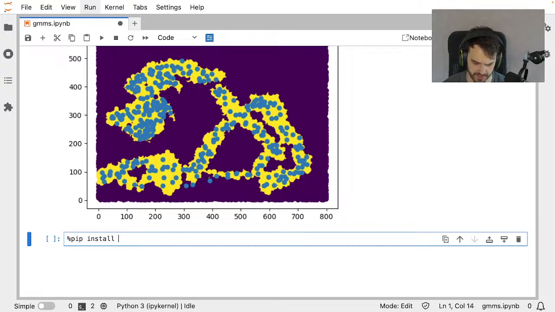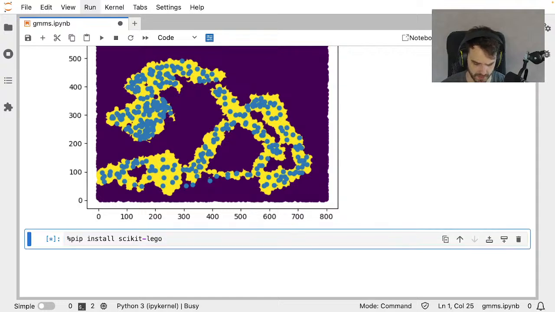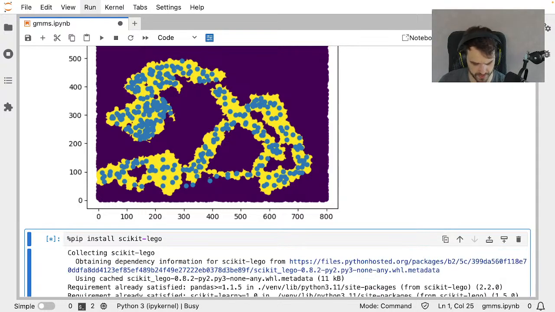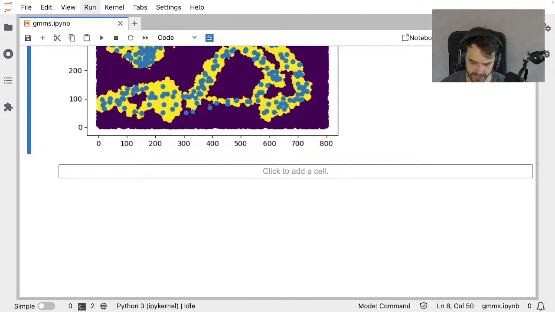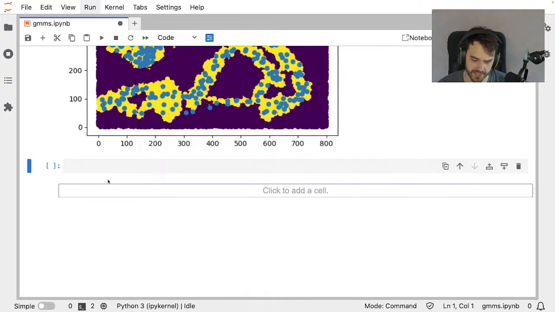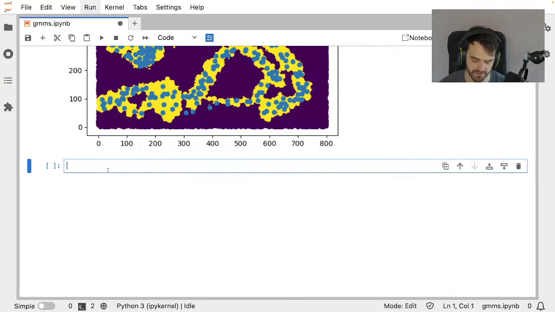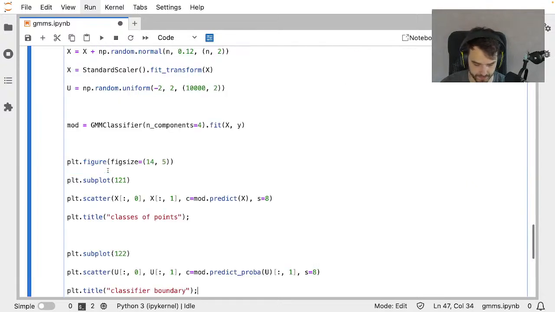I'm just going to make sure that it's installed. So pip install scikit-lego. I think it's already installed. Oh, it's not. Okay, so we're going to install that real quick. But the thinking behind scikit-lego is just that there are some Lego bricks and some components that are kind of neat to have around. I'm just going to copy something from the docs that I had there.